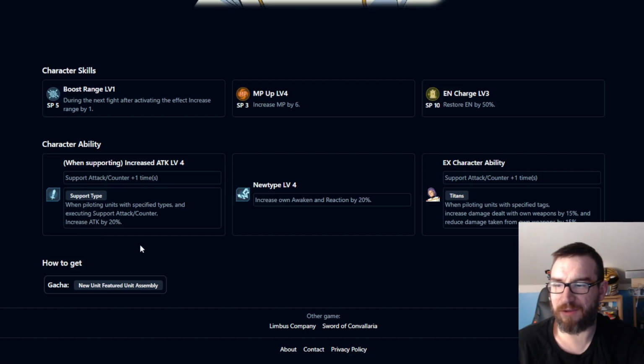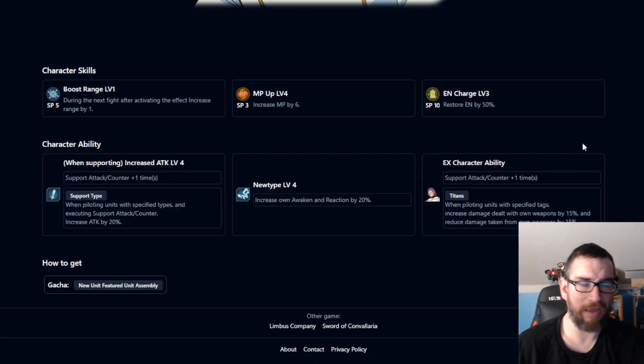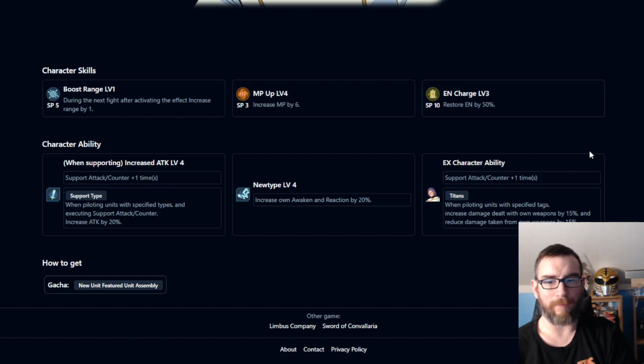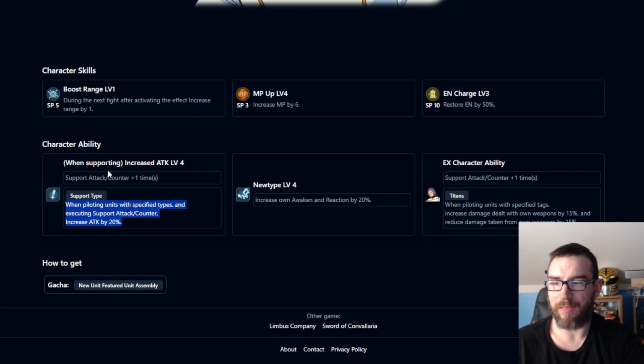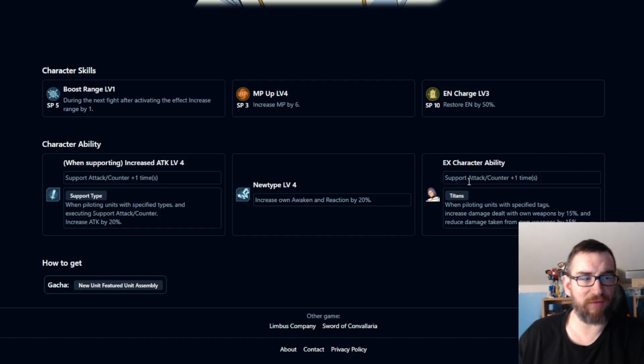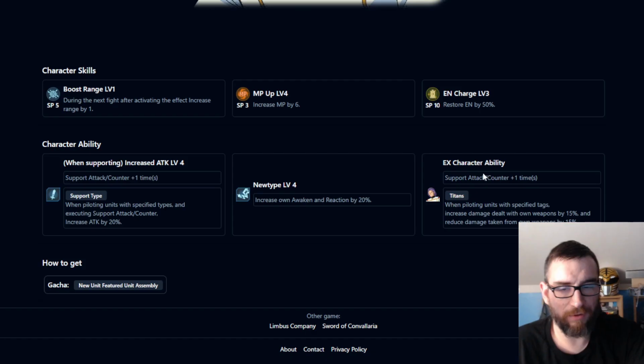And then his abilities, these are passive. He does give the support attack counter +1, those apply to any units as a lot of us know, when they don't have a tag. Basically if the tag is below the line, like you read them in order, and it will say, like here, this ability, okay, probably better over here, when piloting units with a specified type, okay, it doesn't say up here, there's no specification for this, so he can give 2 support attacks to any unit that you equip it to, even if it's not an attack type, or a Titan,